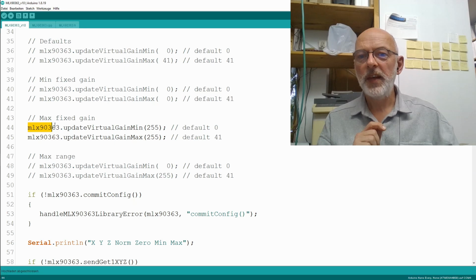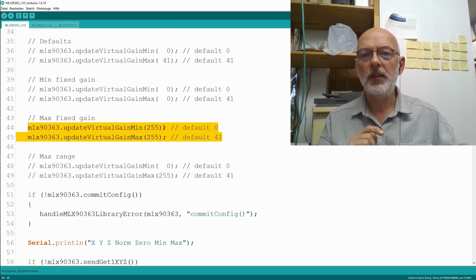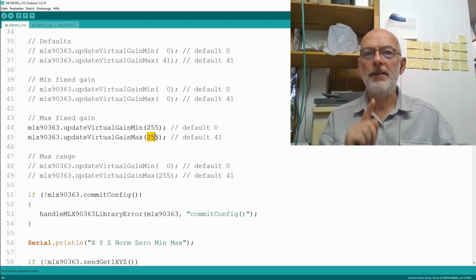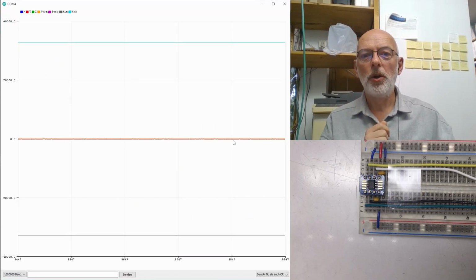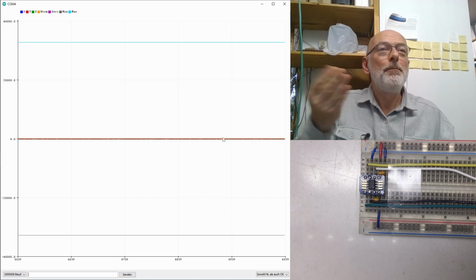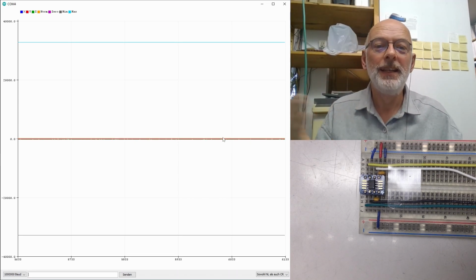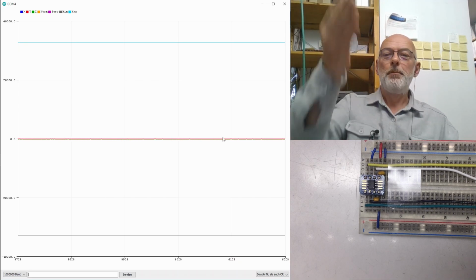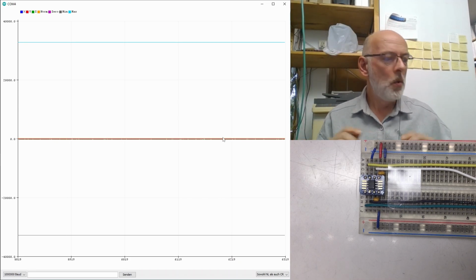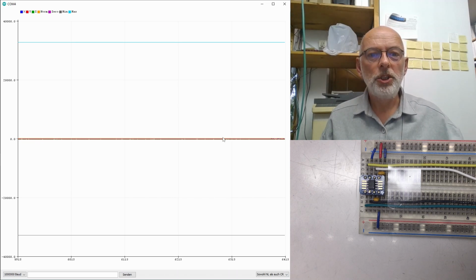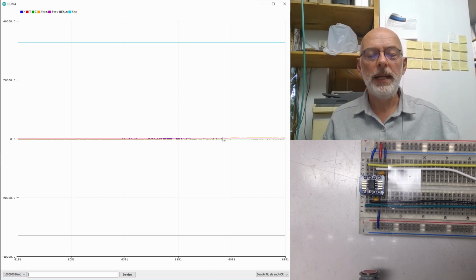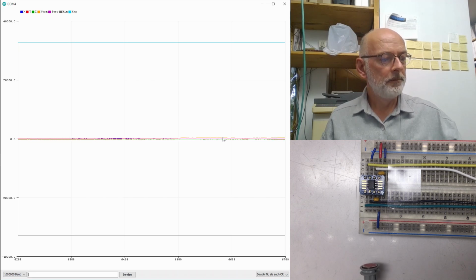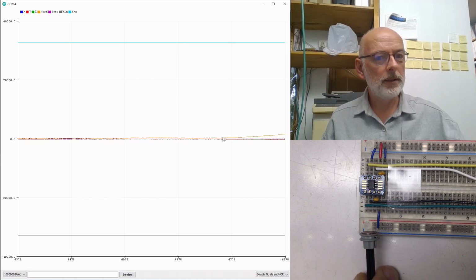Now let's try the same thing with the maximum fixed gain of 255. Right out of the bat with the magnet still in my hand, we see more noise. That's because we amplify the standard noise of the analog to digital converter by a factor of 255. Let's approach here with the magnet, and I'm out of the picture, and here I am, and we already have a signal. And if we get closer and closer,